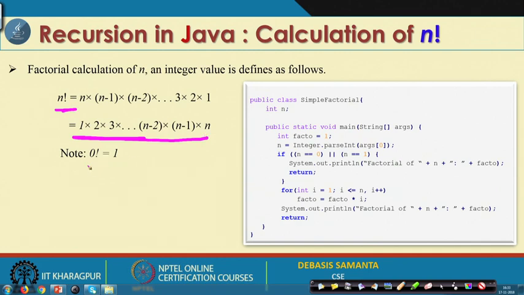So, this is the concept of the factorial, and if we write an iterative program using some for loop, the calculation is not a big job. This code explains how the calculation of factorial can be done using an iterative program, using a for loop.